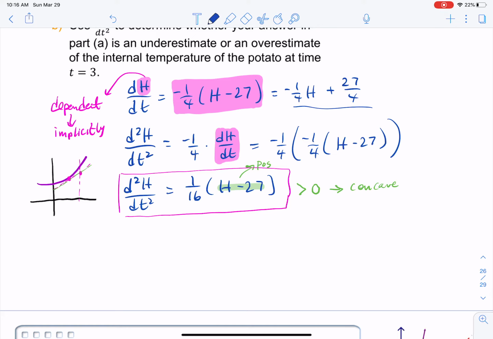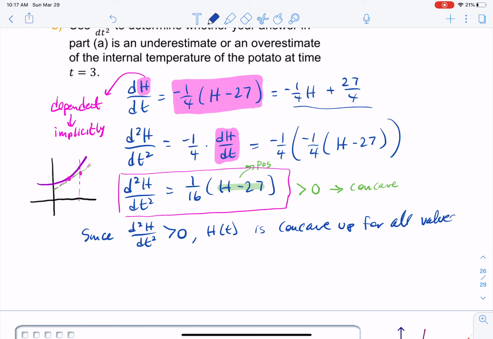I'm going to say that since our second derivative is greater than 0, h, maybe h of t, is concave up for all values of t greater than 0. Thus,